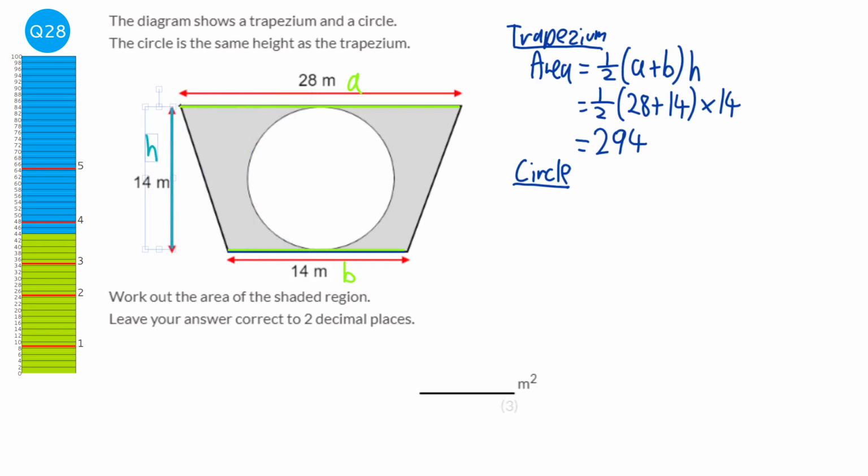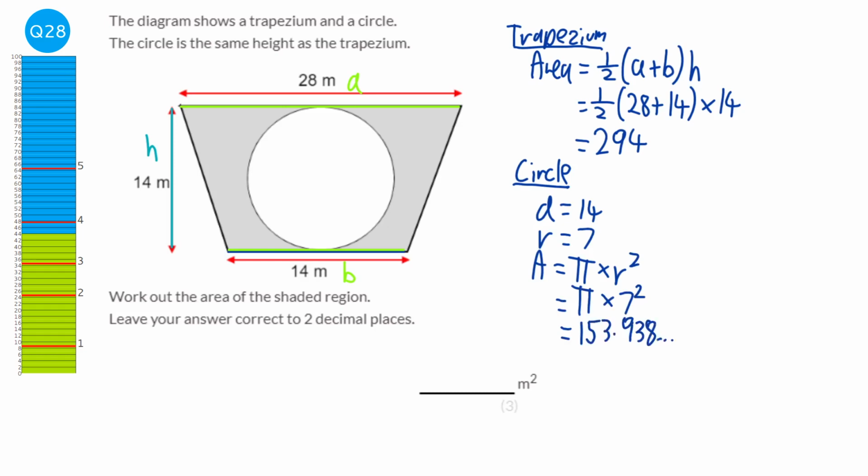So the height of the circle is the same as the diameter. So the diameter of the circle is 14. Therefore, the radius would be half of that, which is 7, and the area of a circle is pi times the radius squared. So it would be pi times 7 squared, which will be 153.938... Now keep that in my calculator, because next thing we'll do is the shaded area part,